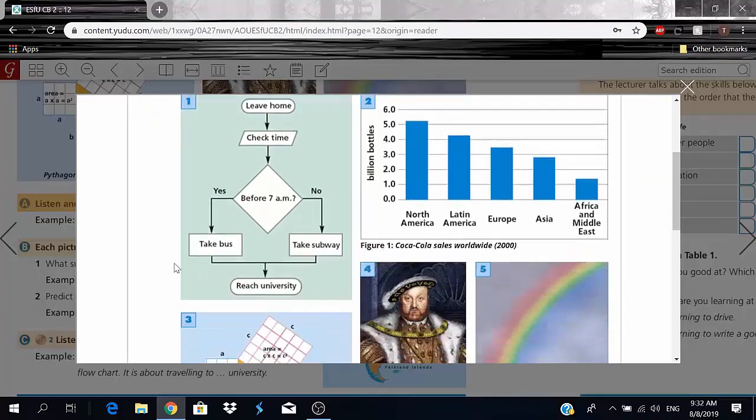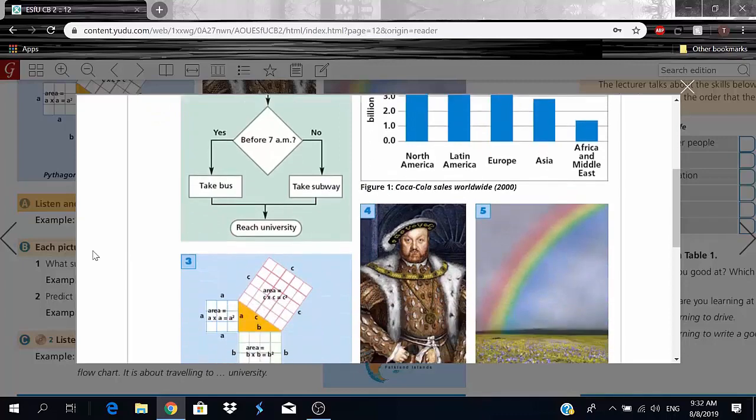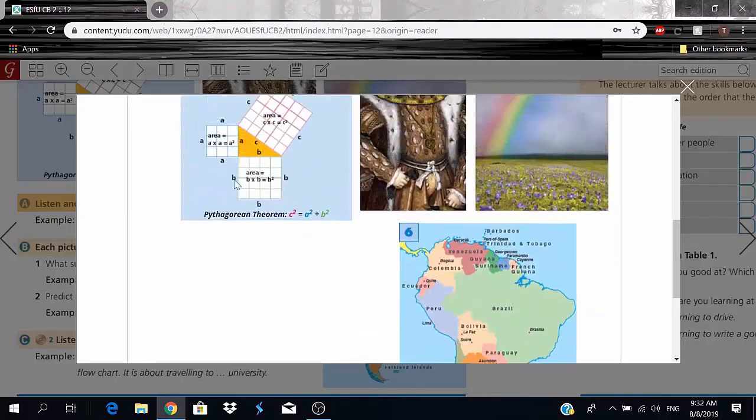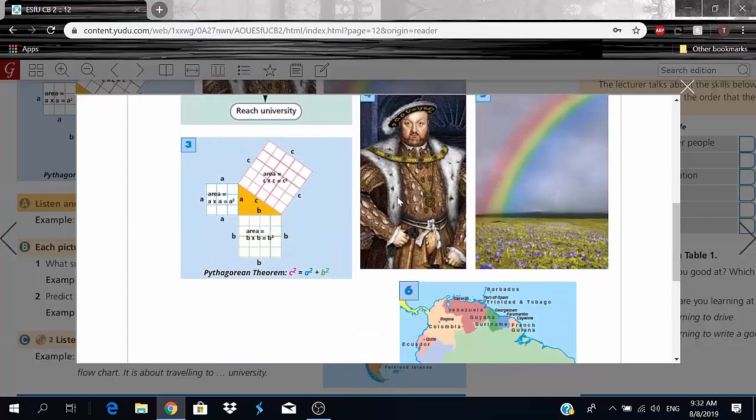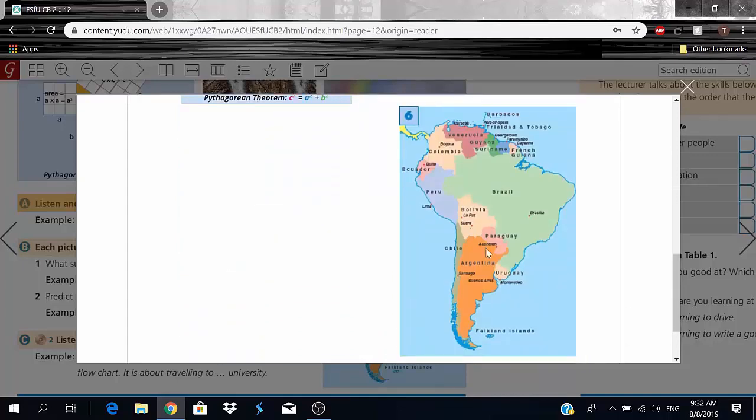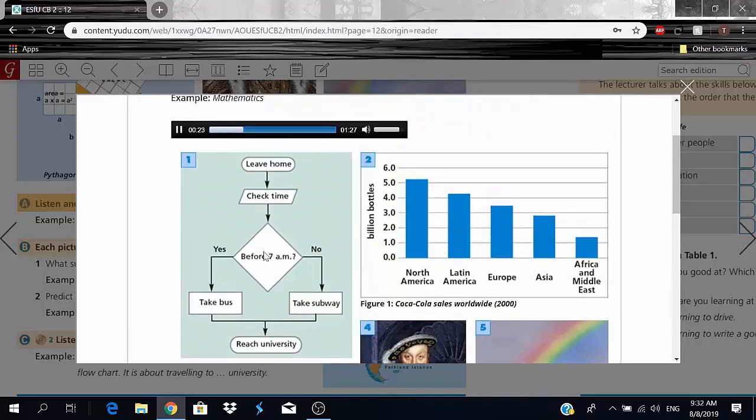Lesson 1. Listen and point. Mathematics, history, geography, IT, business studies,